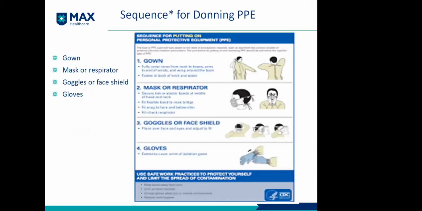So this is a picture which we have shared: first the gown is there. You can see the gown, it needs to be secured. Then mask and respirators are taken into account. This is what the picture says, that you have to blow into the mask to test your fit. And then the face shields, in these 3 steps, are adjusted, and the gloves then have to be extended. So this is a work practice you should always follow.